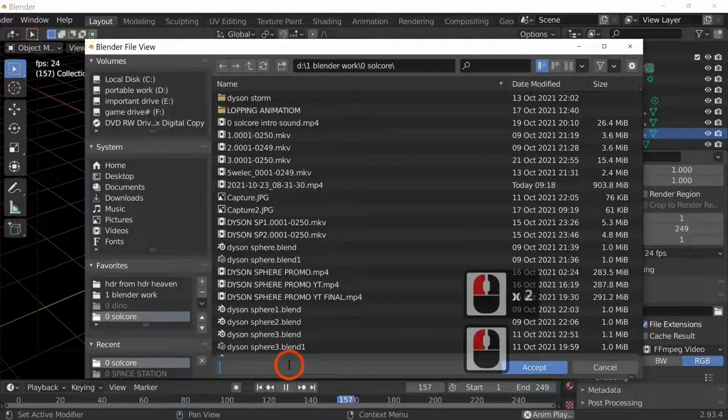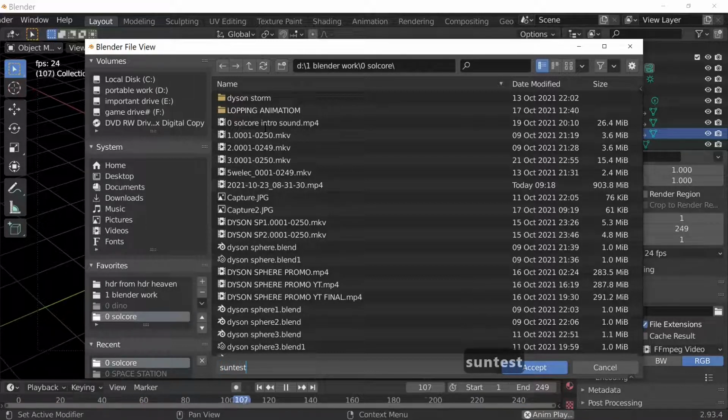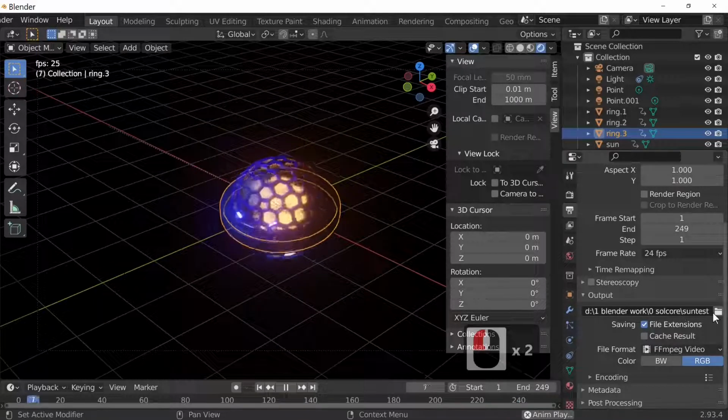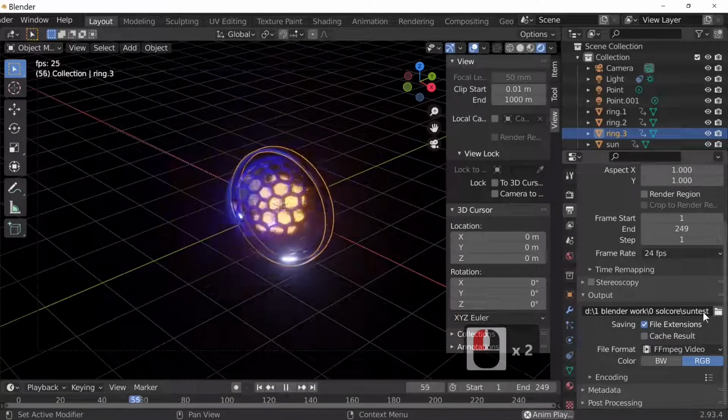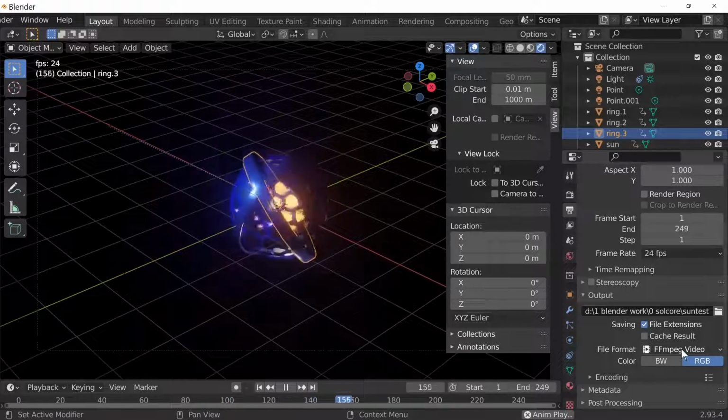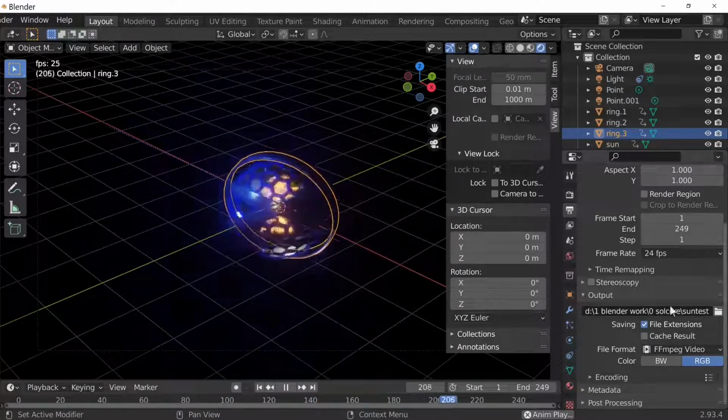And I'm just going to give it a name, and I'm just going to call this Sun Test, and just render it out. So I accept that. As you can see, it's put in the name Sun Test, so it's going to actually save all these frames to that actual format, and that's the actual pathway.